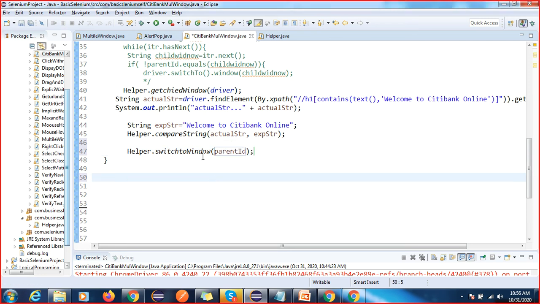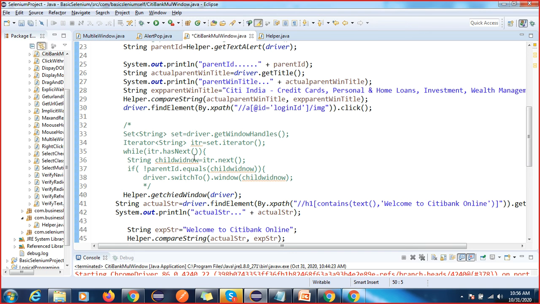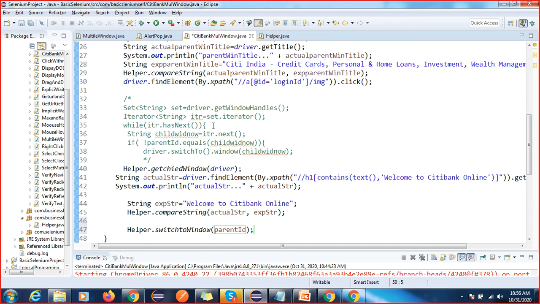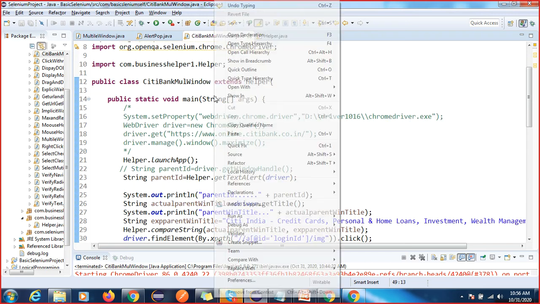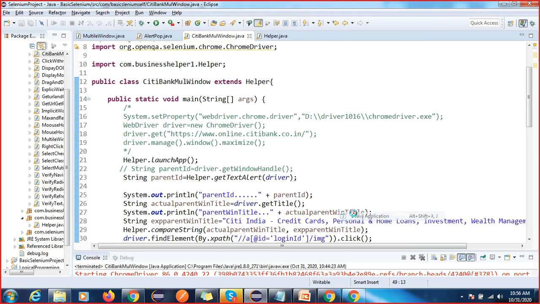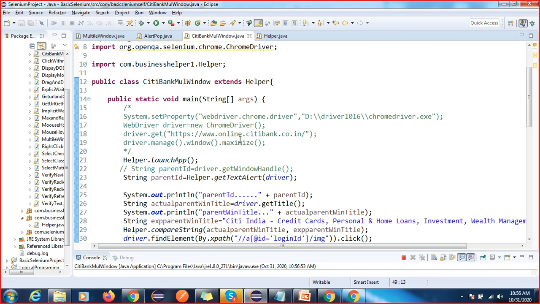Again I will not write this line of code, right? We have written driver dot switch to. So let me check if it will work or not. If it will work, then that is fine. If it will not work, I need to check why it is not working. If everything is fine, then like that you have to create a reusable method.